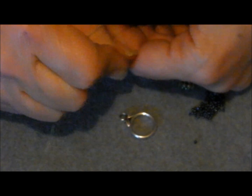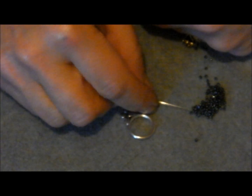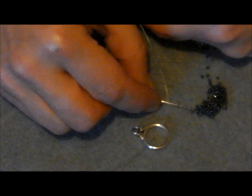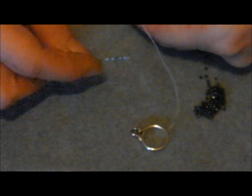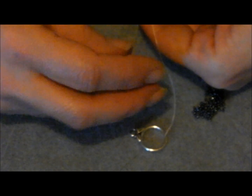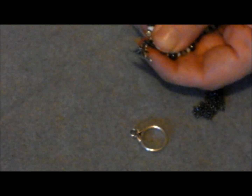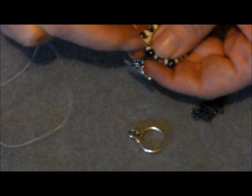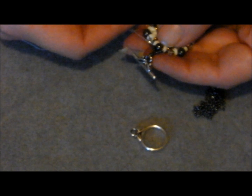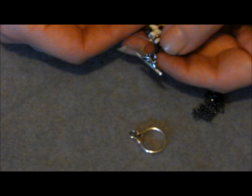Pull your thread, pick up another 4 15s, and go back through 4mm, pull your thread, straighten them up. Now we're going to go around these again to strengthen. So you go these 4,